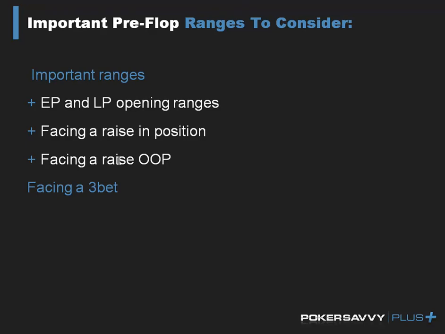So last point, facing a 3-bet. We're going to see a wide range of 3-betting strategies, and one of the easiest ways to break this down is to think of opponents in 2 groups. One group is fast becoming extinct at the mid-stakes levels. These are opponents who 3-bet just aces, and their 3-bet stat, if you have Hold'em Manager, which gives that number, will be 2, 2.5, something like that. About 2.5% is the